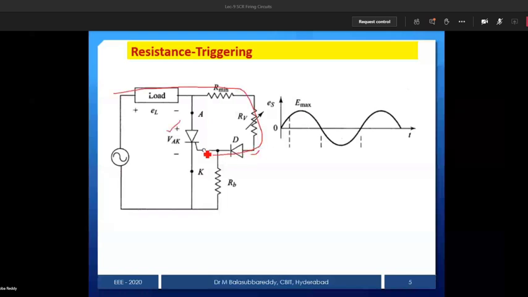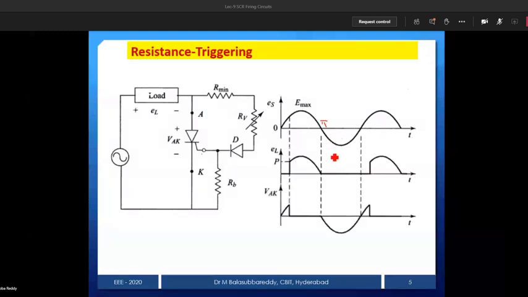Once the current reaches the required value, automatically the thyristor will trigger. If the thyristor is triggered, then the output will be the same as the source voltage, and the thyristor is going to be turned off at pi, because at pi the voltage is 0 and also the current is 0. Therefore, due to natural commutation, the thyristor is going to be open. That is what we can observe here. When it reaches some point P, I will explain how this varies. At that point, let us assume that the gate current reaches Ig minimum, therefore the output is exactly the same as the input.